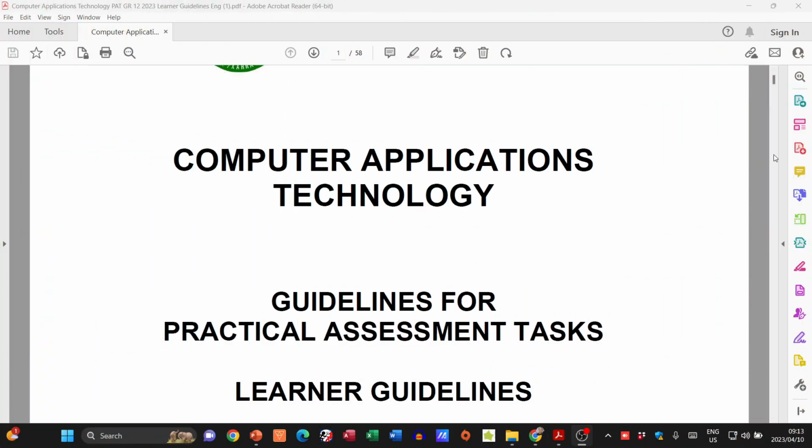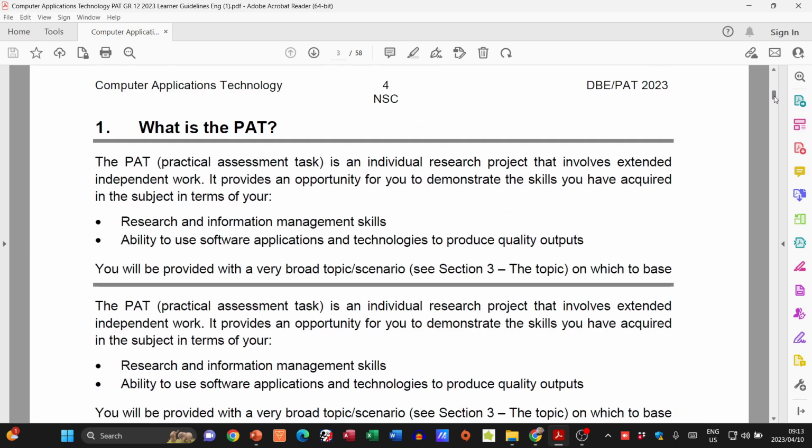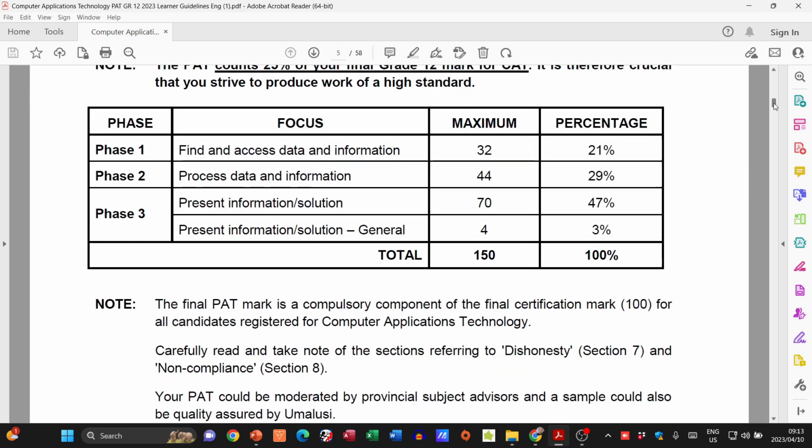Right, here we are with the CAT PAT, and we're looking at phase 1. This is the DBE 2023 PAT. So I'm just going to scroll down again. Remember that your PAT phase 1, this is where we find and access data and information. We're looking at a maximum of 32 marks, and that'll give you around 21% of the 100% that we need